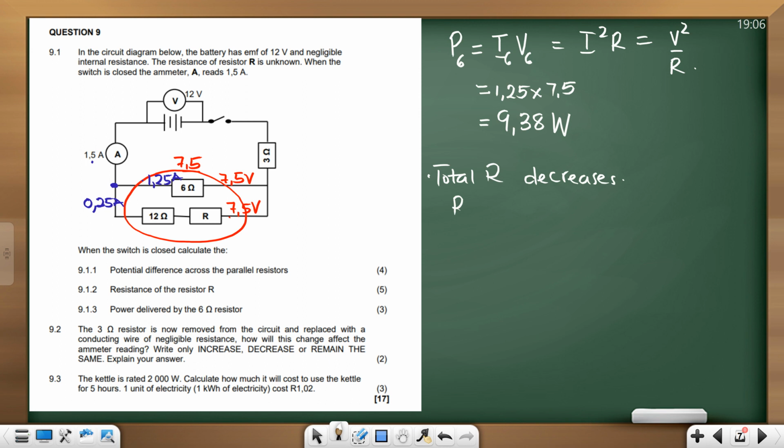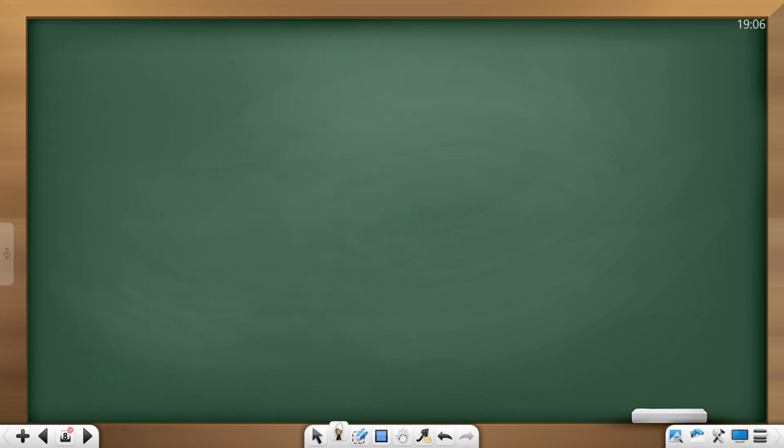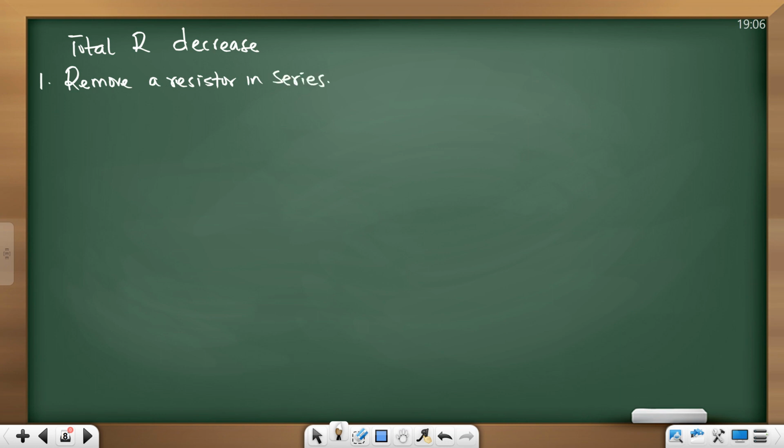Decreases. R decreases, therefore I will what? Increase. You must know this. Let me quickly give you a list of the things that would reduce total resistance. Total resistance will decrease. For one, if you remove a resistor, R will what? Decrease. Two, add a resistor